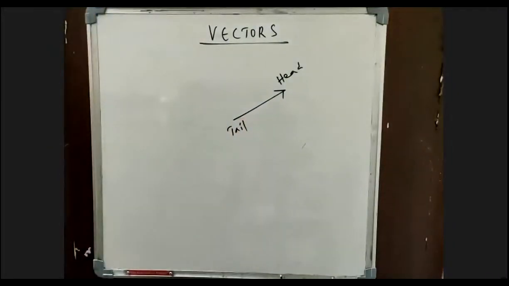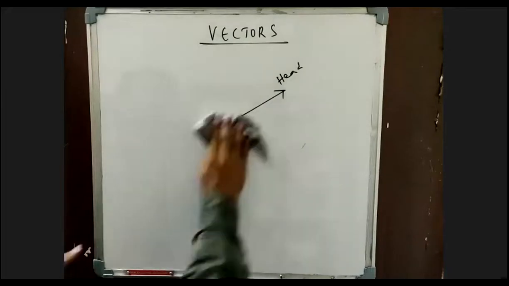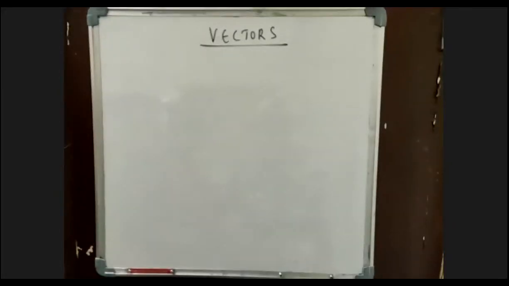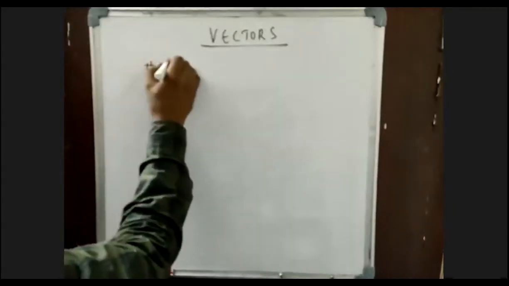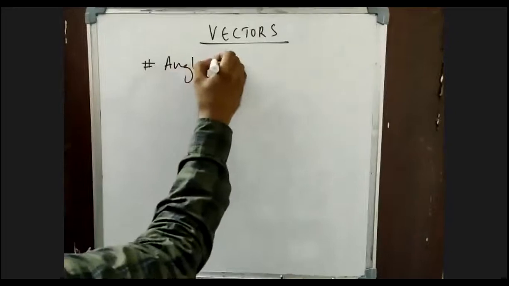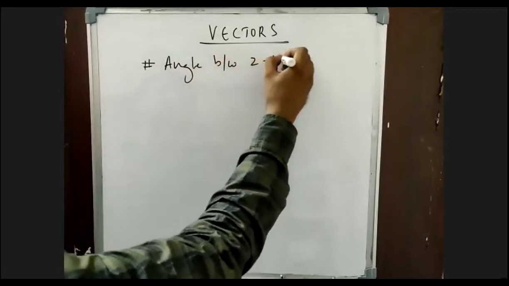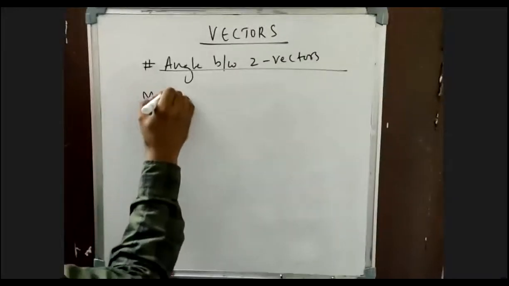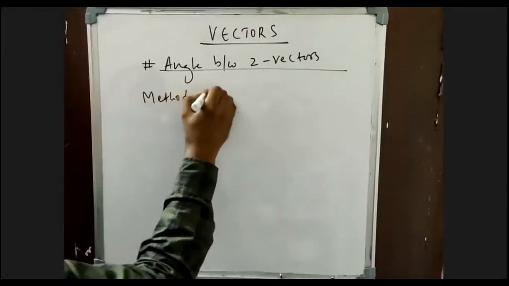And we also got right now how to take the angle between two vectors. I told you there are two methods. The angle between two vectors can be taken by the head to tail method. Another one is known as the tail to tail method. So now the next heading is again the same: how to take the angle between two vectors. Yesterday I told you method 1. Let us do method 2 now.